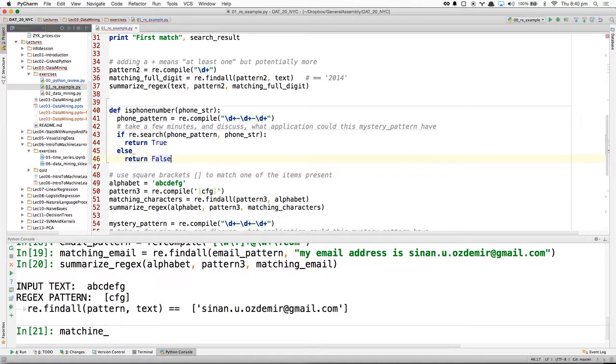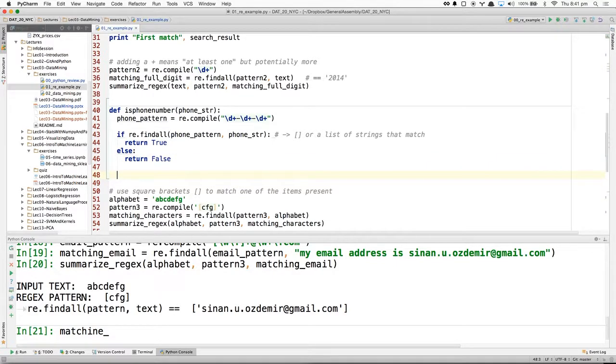This maybe isn't the cleanest, most concise way of doing it, but this would work, right? Because I'm using the search method to see what it returns. If phone_string matches phone_pattern, then search will find a value and it will return it. You can even use findall here. It will return either an empty list, or a list of strings that match. And if it returns an empty result, then the if will evaluate to false.